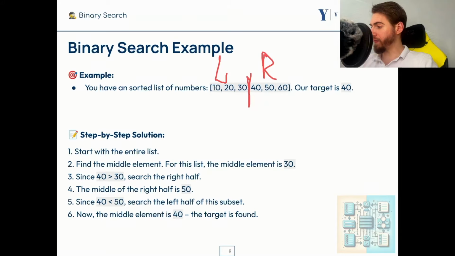We know that we are looking for the value of 40, and the closest middle element to the left, we usually take the left part, is going to be 30, I apologize. And now we are comparing what? 40 and 30. We know that 40 is larger than 30, so we are going to get rid of all this part. So we're going to have just 40,